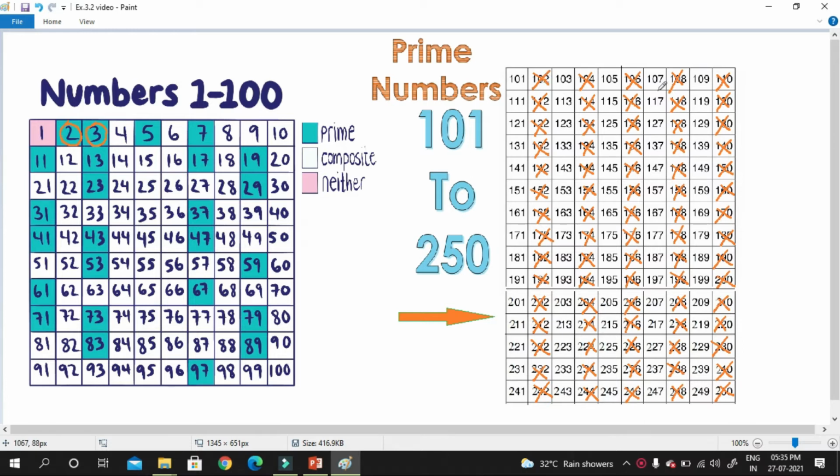Next, 103: 3 plus 1 is 4, not divisible. 105: 5 plus 1 is 6, yes, divisible. 107: 7 plus 1 is 8, not divisible. 109: 9 plus 1 is 10, not divisible. 111: 1 plus 1 plus 1 is 3, yes, it is divisible. Like this we need to find all the multiples of 3.